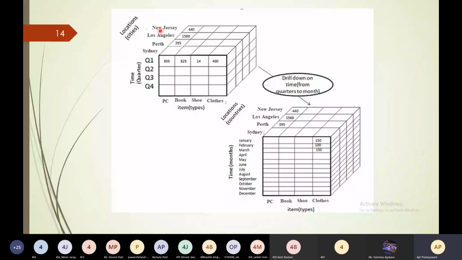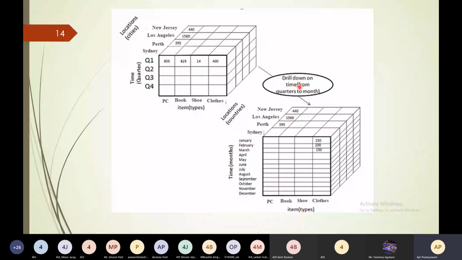Now, if you apply the drill down operation on the time, you can just look how it will be drilled down. Instead of quarters, you can drill down to the months from January to December. So this is how drill down operation is performed on the time.